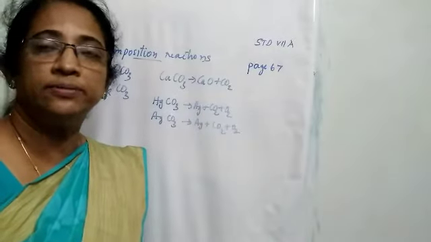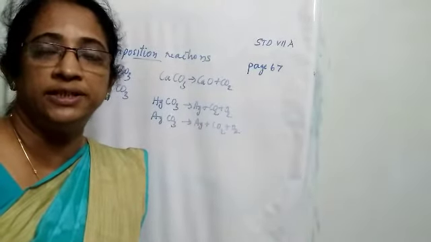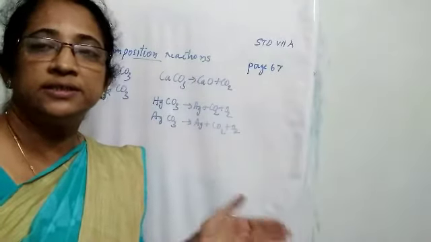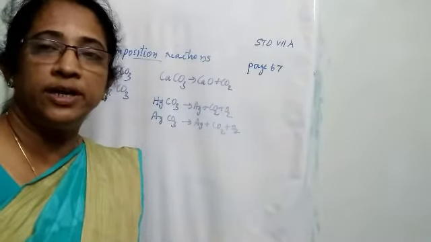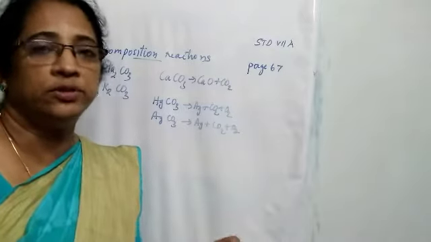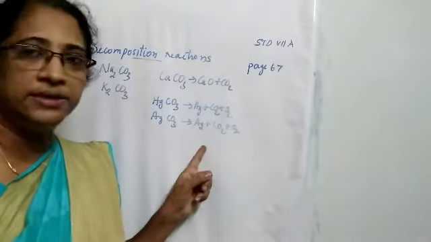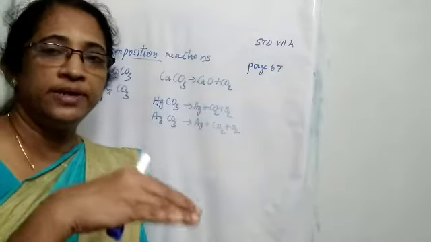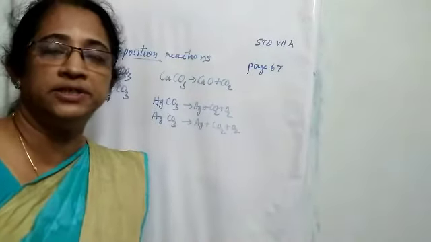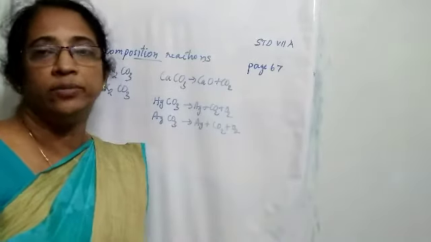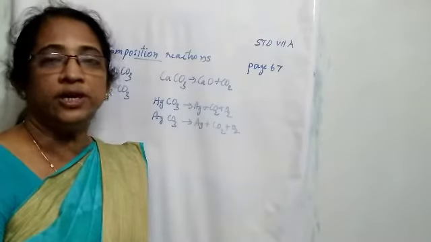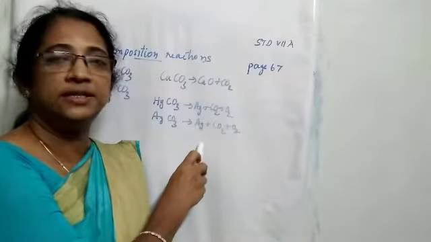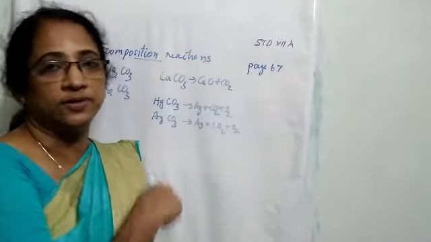At the bottom of the activity series, we can see the elements silver and mercury. Their carbonates, silver carbonate and mercury carbonate, on heating decompose to form the respective metal, carbon dioxide and oxygen. So the bottom elements in the activity series are silver and mercury. Their carbonates on heating decompose to form the respective metals, carbon dioxide and oxygen.